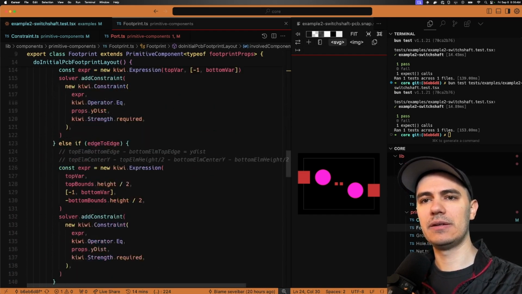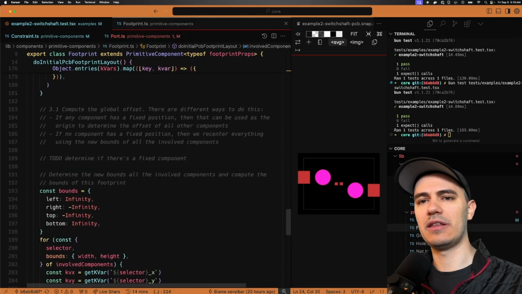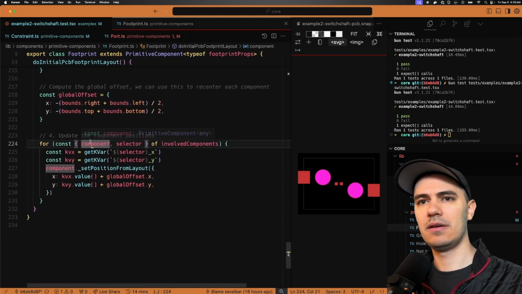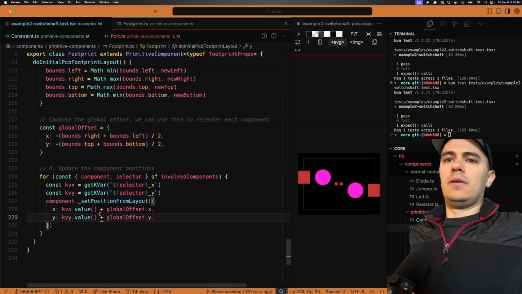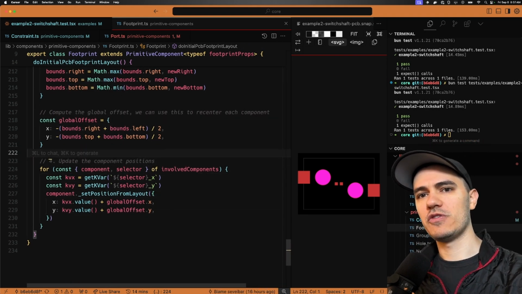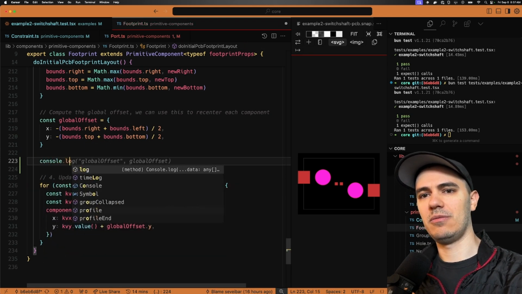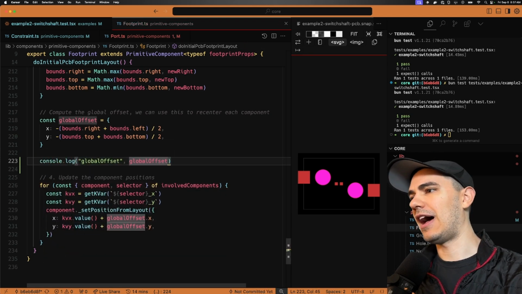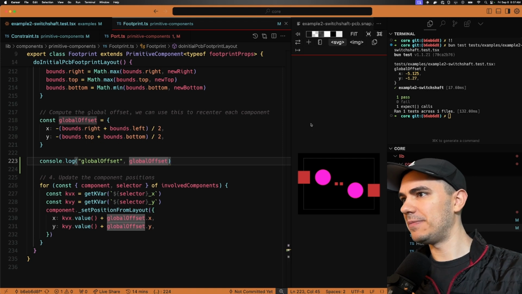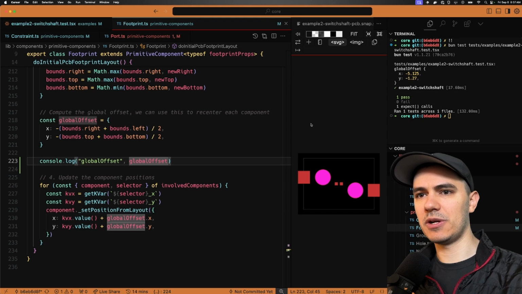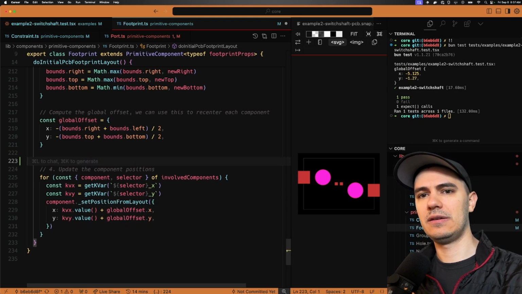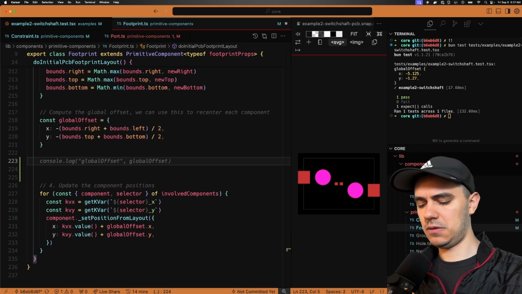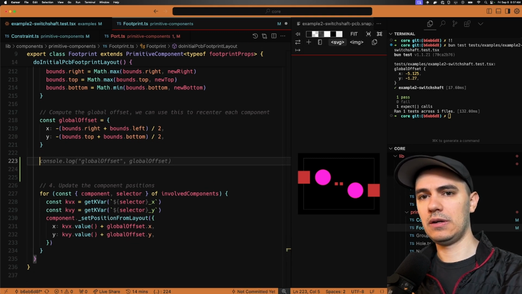I have a theory that it has to do with this centering step. So at the end of the process, it computes a global offset. After it moves all the components, it computes a global offset, and then it moves things according to that global offset. So I have some feelings that that is causing the problem. Because basically what it's doing, I think, is centering it. So instead of centering it completely, what we can do,